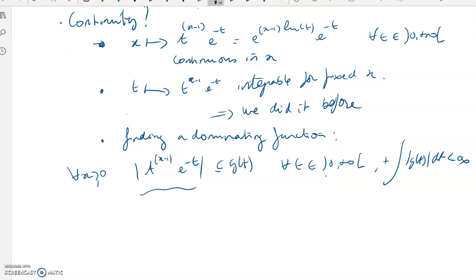So let's have a look at this function. As we already said, I could rewrite this function as exponential of (x minus 1) log of t, times the exponential of negative t. This exponential part, no problem. It's going to help convergence in any case, all right? In a neighborhood of 0, that's 1, and in a neighborhood of infinity, that's going to make almost anything converge. Now the problem happens for